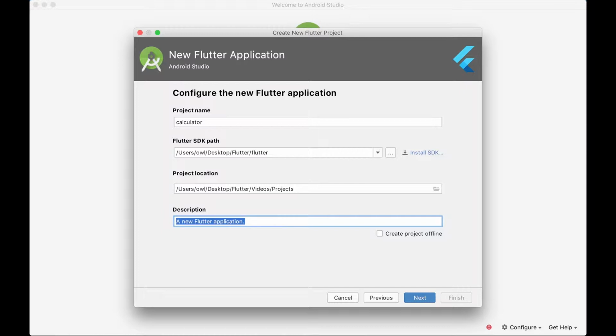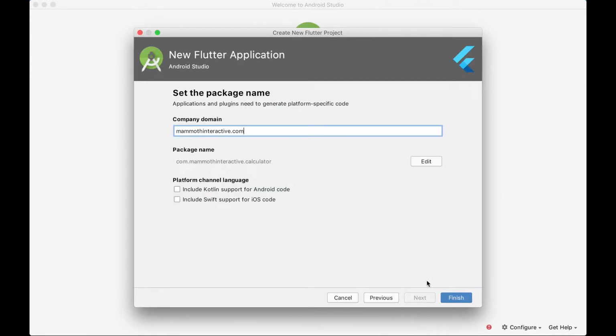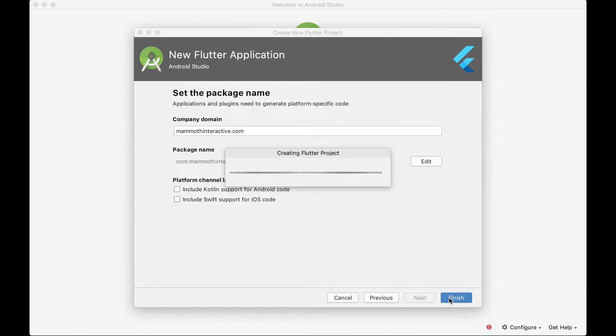So we can provide a description for this if we want. I'm just going to say a simple calculator with plus, minus, multiplication, and division operations. All right, so let's click next. Enter your company domain, and then let's finish this guy off. So this is just creating the project. It's going to come up with that default template. We're probably going to clear all of it, well, almost all of it, as we want to provide our own